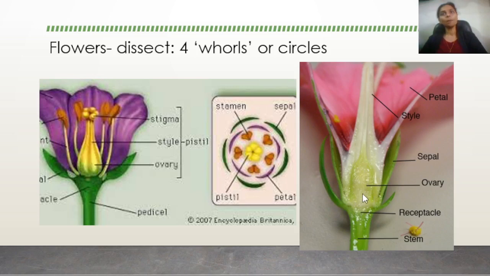So this is the only part of the flower which has hidden parts, that is, which is not directly visible to the eye. There is the ovary, which is protected by all the other whorls, the sepal and the petal, and then the ovary is connected through a tube-like structure, that is the style, to the outermost part of the pistil or the carpel, which is called as a stigma. The stigma is very sticky, right? It is sticky for a certain purpose, which I will explain in a few minutes.